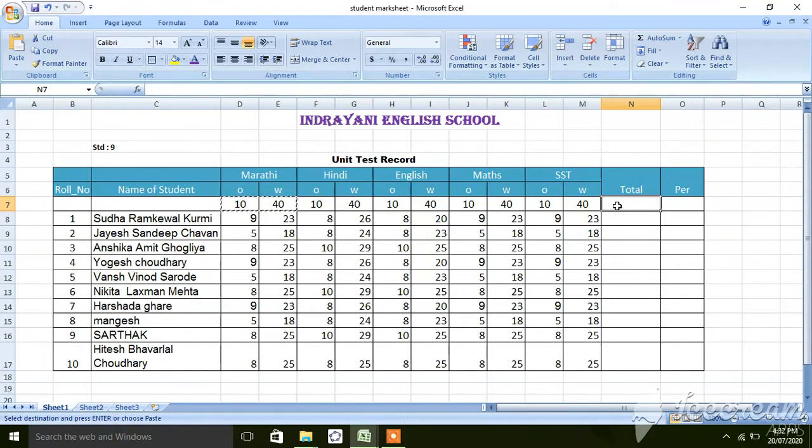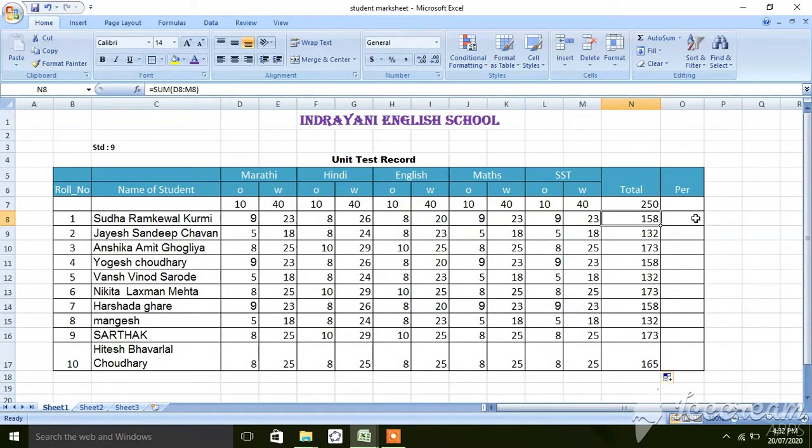So click on the cell where you want the addition. I will click on this cell. Now select all the cells and click on auto sum. Okay, again I will explain. Click on the cell where you want the addition, then select all the cells and click on auto sum. Okay, the same formula I want down, so click on that cell where the addition is. Have you seen a small rectangle down? Drag downside, so the addition of all marks will display down.